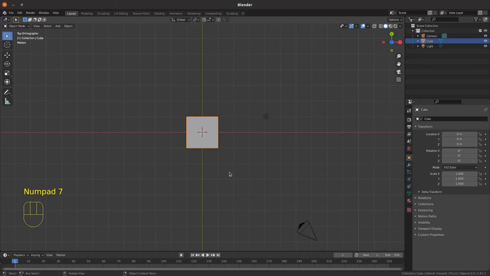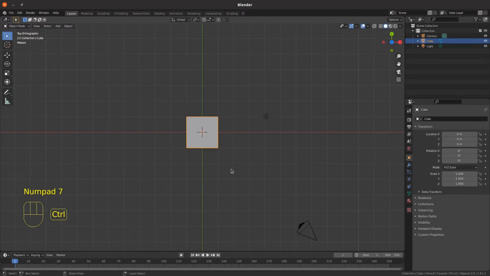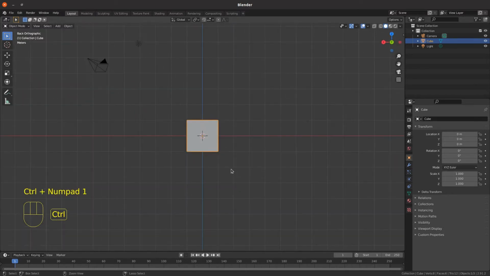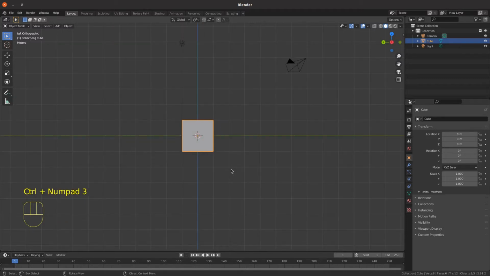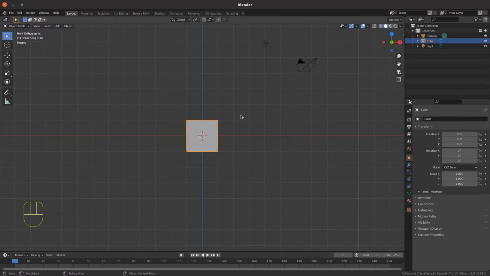And you can then press Control 7 to take you to bottom view, or 7 for top view, Control 1 to take you to the back view, or just numpad 1 to take you to the front view, or Control numpad 3 to take you to the side view, which would be the left hand side, I think, of the object, or just numpad 3 to take you to the right hand side of the object. So there are your set views, and as I say, you can orbit with just pressing the